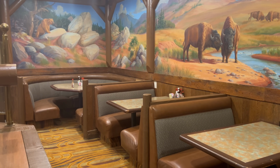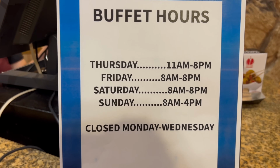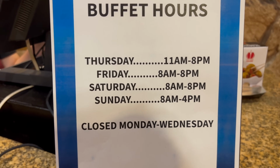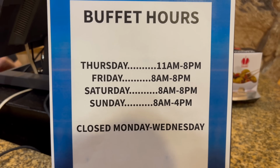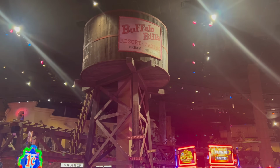Now the buffet is only open between Thursday and Sunday, and you can see the hours here. Unfortunately, I didn't see any prices posted. However, my dinner on a Friday night came out to $27. Now that puts this into a similar price tier as the South Point as well as the Rampart buffets in